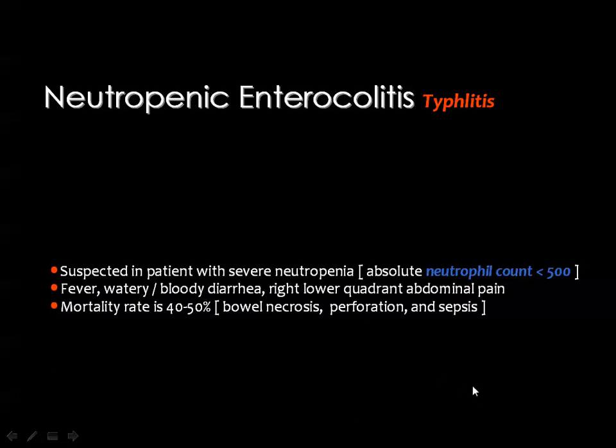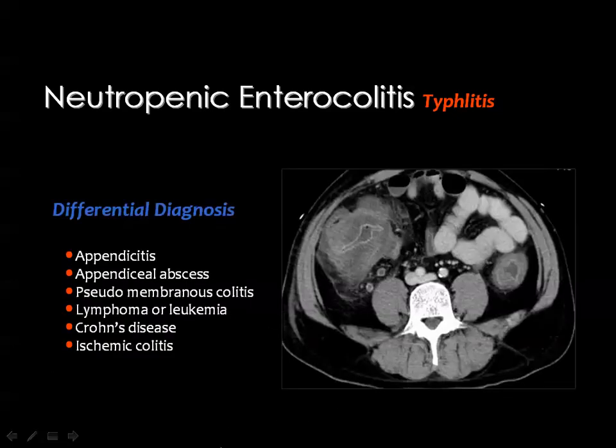Then these patients may present similar to other lesions like pseudomembranous colitis, for example, and diverticulitis, with fever, watery or bloody diarrhea, and this right-sided lesion will result in right lower quadrant abdominal pain. Mortality rate is high because of the bowel necrosis, perforation, and sepsis. This is a good example of typhlitis, and I have to mention that this diagnosis should be supported by the